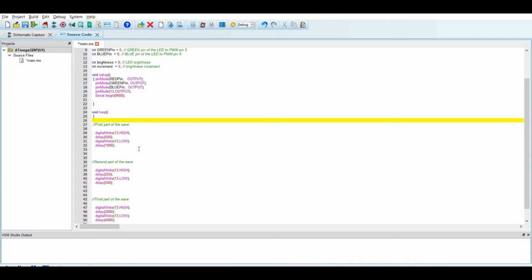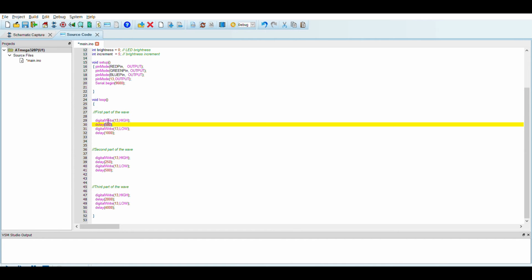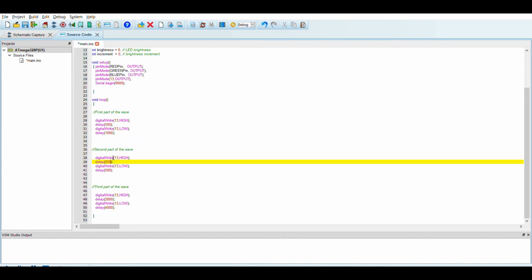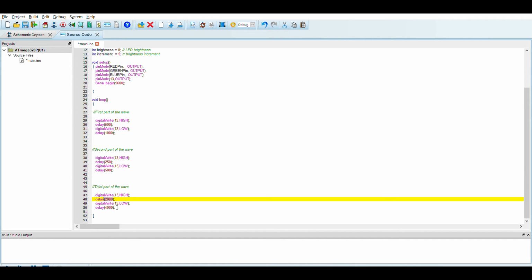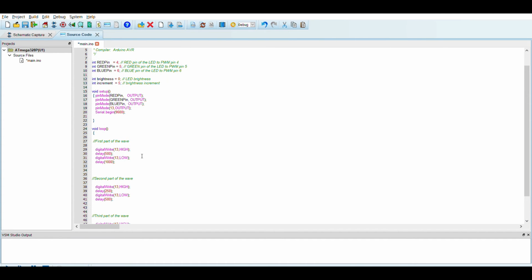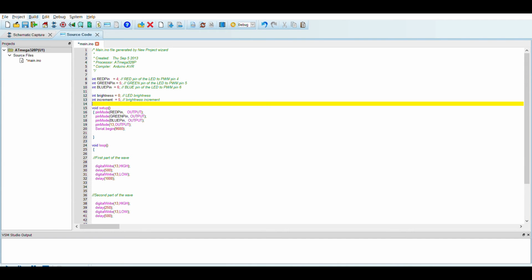So this is the code, and for this the first part of my wave is on for 500 milliseconds and then off for 1000 milliseconds, and the second part of my wave is on for 250 milliseconds and off for 500 milliseconds, and similarly the third part of my wave is on for 2000 milliseconds and off for 4000 milliseconds. And I've also added pinMode 13 OUTPUT so that I can get the output at the 13th pin of the Arduino. Now I will compile the project,